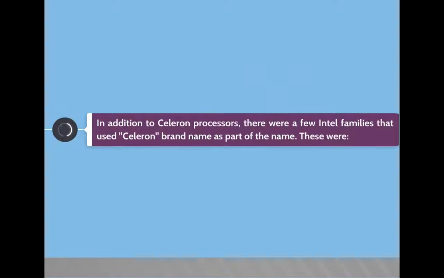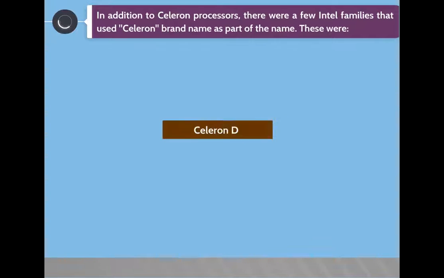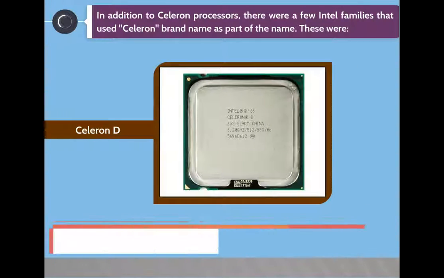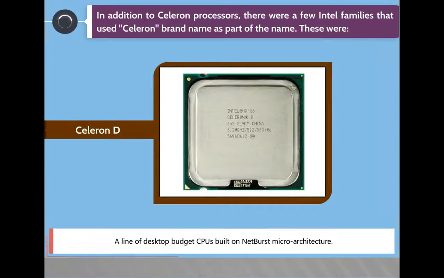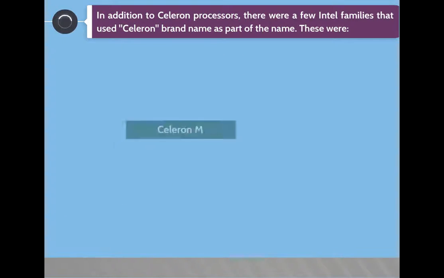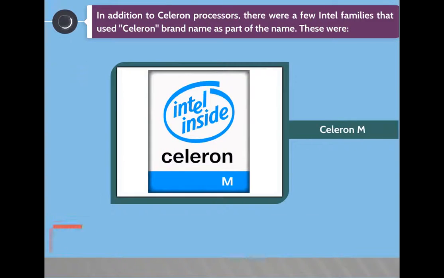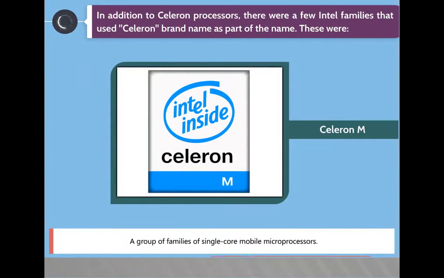In addition to Celeron processors, there were a few Intel families that used Celeron brand name as part of the name. These were Celeron D, a line of desktop budget CPUs built on NetBurst microarchitecture; Celeron M, a group of families of single-core mobile microprocessors;